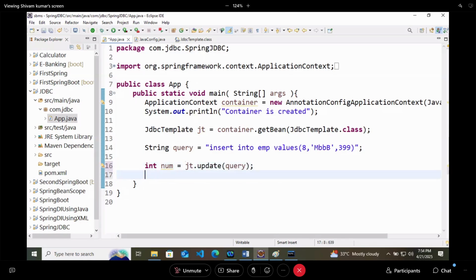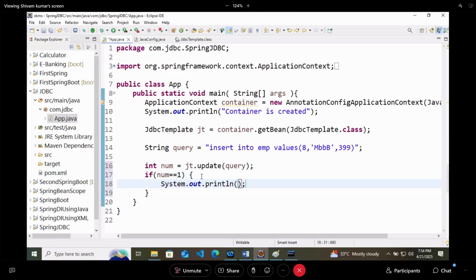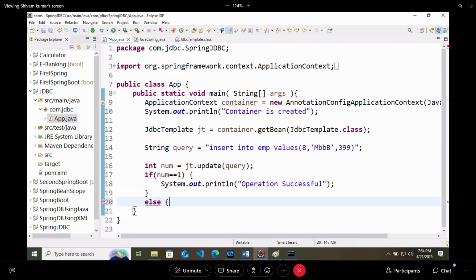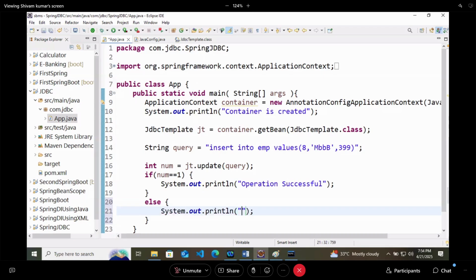Now we know one thing, that if my database or this method is returning 1, in that case the operation is successful, or else the operation is terminated.